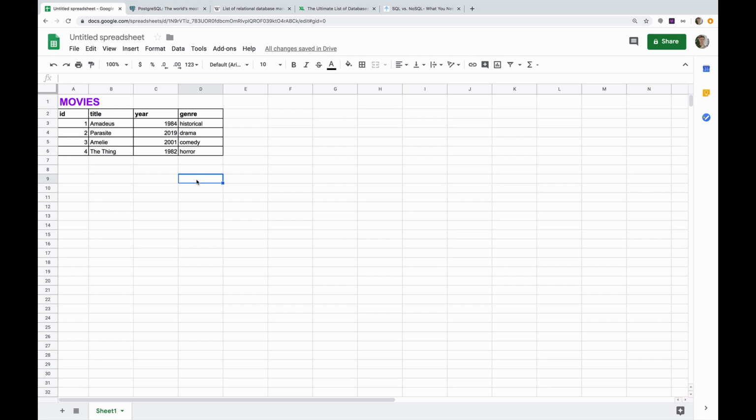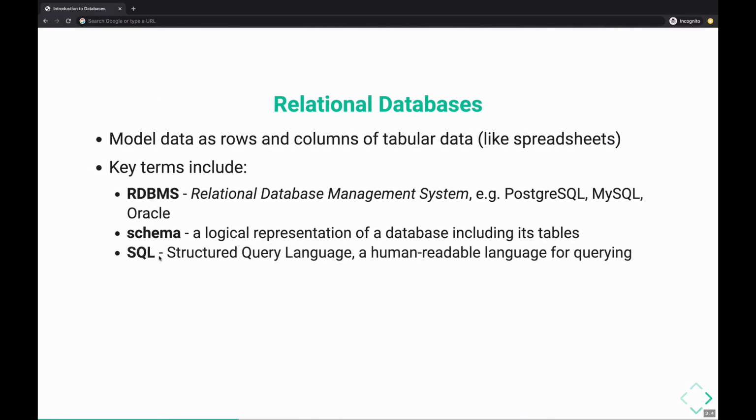Some of you have probably come into contact with relational databases, especially this term, SQL. It stands for Structured Query Language. So even if you're not a developer or you've never worked in a coding, engineering context, a lot of the people I've taught and that I've worked with have some experience. They've at least come up against some sort of SQL, whether they were in marketing or in payroll or in consulting or whatever it is. It's pretty common that your company, if you work at a company or you have in the past, had some sort of database, and in all likelihood, it was probably a SQL-based database, a relational database.